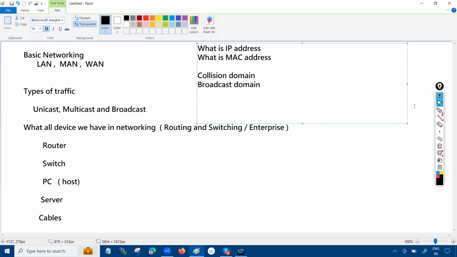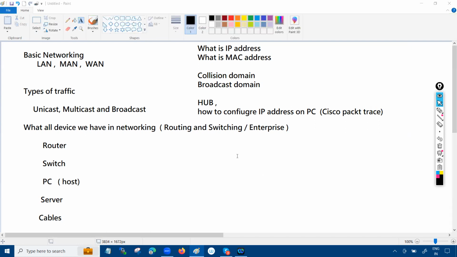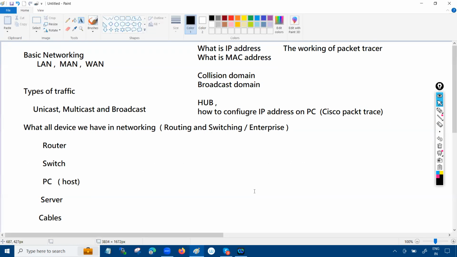Then we have seen the practical of how to configure an IP address on a PC side, on Cisco Packet Tracer. I just mentioned that over there, right? And then after that, we have also seen the working of packet tracer, right? After that, we have covered the